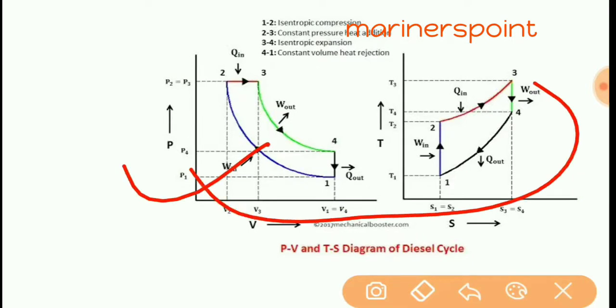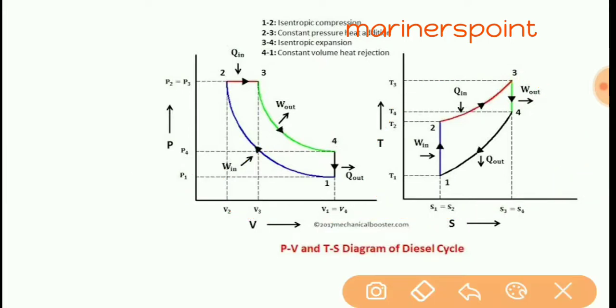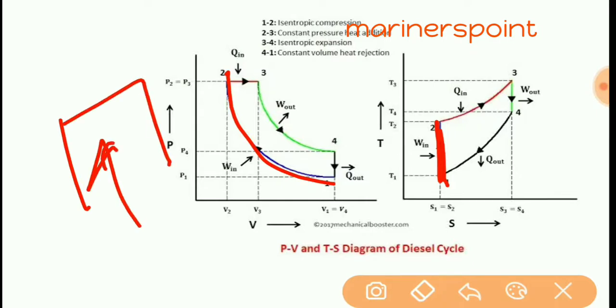In the diagram shown here, temperature versus entropy, from 1 to 2 only pressure is increasing, and here temperature is fixed by cooling, jacket water cooling. What we did, we fix the temperature. Then combustion takes place, in that case temperature will increase, and here we add Q, heat added at constant pressure.